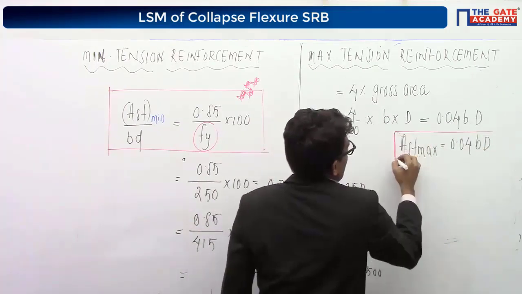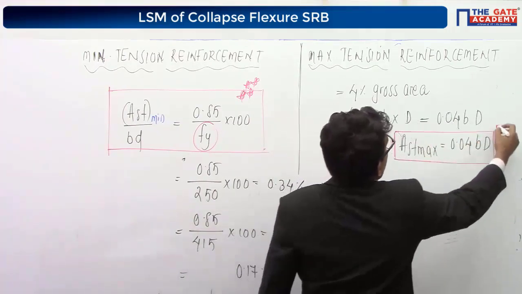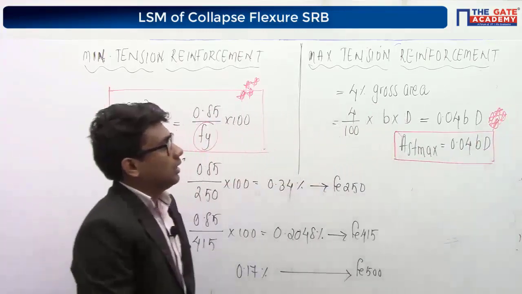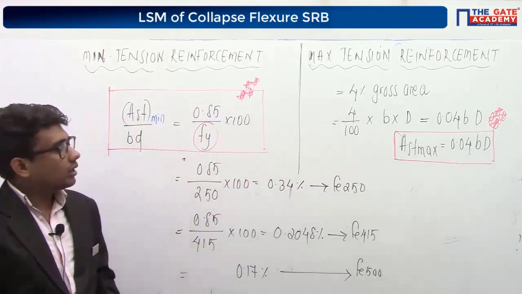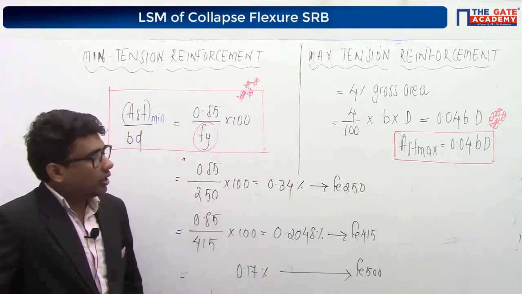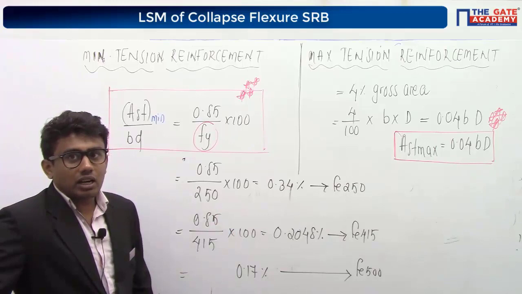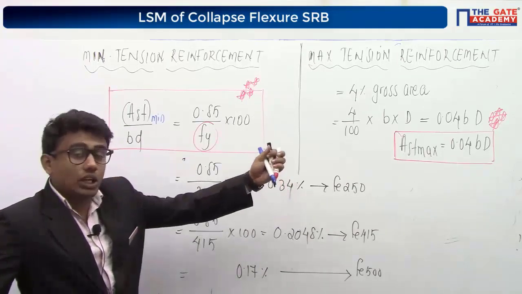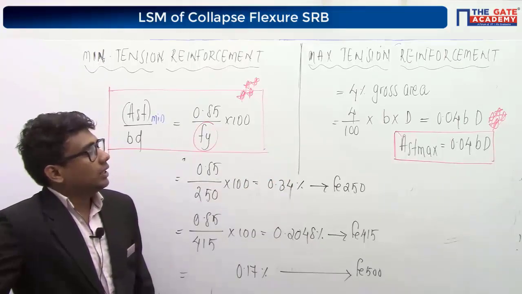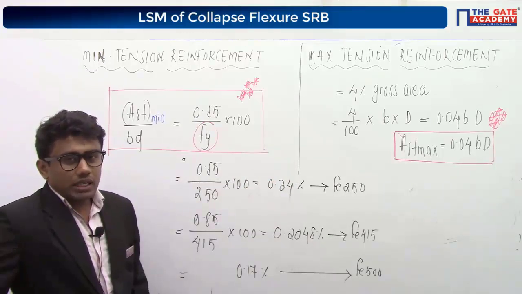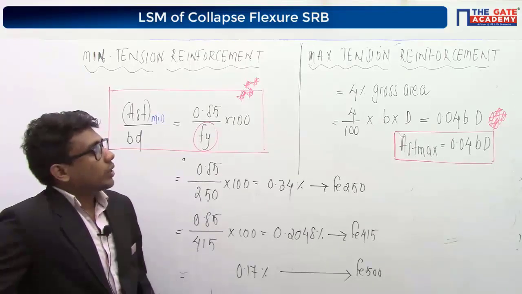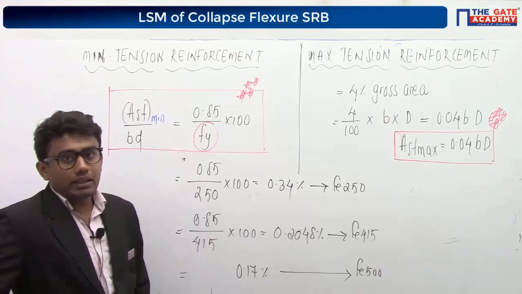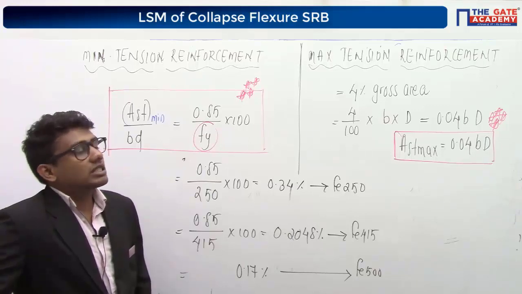You are going to get direct questions from this, in any competitive exam, including the GATE exam. Maximum area of reinforcement in tension is equal to 4% of our gross area. Remember, gross area, not the effective. Sorry, you have to use the gross depth there, not the effective depth. If you use the gross depth, you get the gross area, the total area, right? So AST max will be equal to 0.04 into BD. BD is the gross area. So that will give you the maximum tension reinforcement.